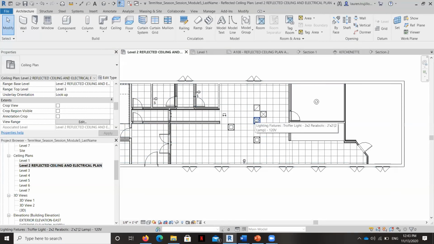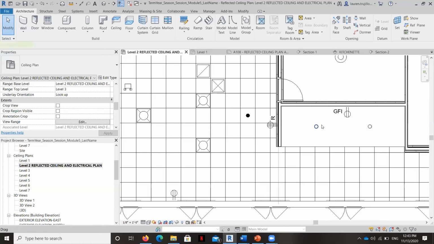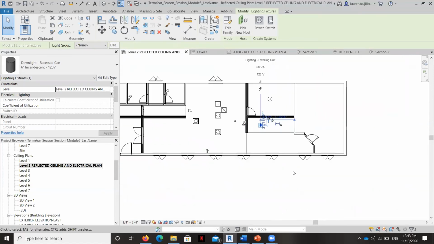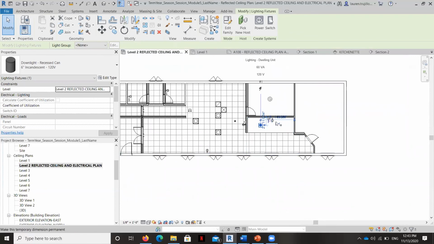So we've got 3 different types of lighting, supply and return vents. And we also have some fire suppression equipment here. You can see you've got the sprinkler and the exit sign. And we've also placed some outlets. You know how to adjust the host of ceiling elements, whether it's on a vertical face or a horizontal face. We also know that we can click on these things and we can see the height that it's constrained to. We can see these elements in multiple views, right? Because we looked at that in an elevation view.